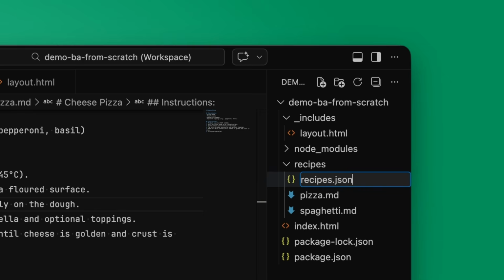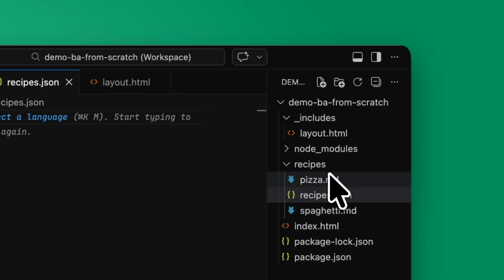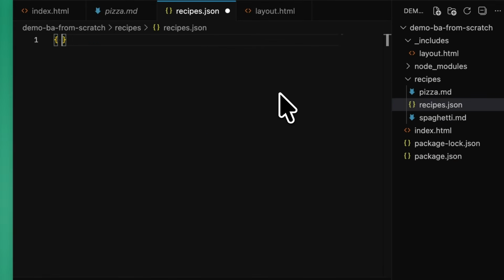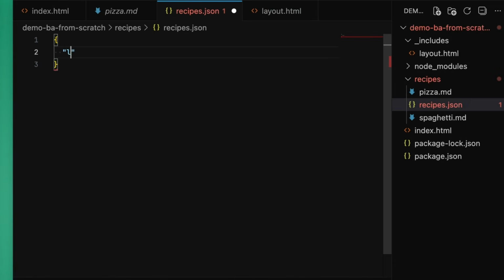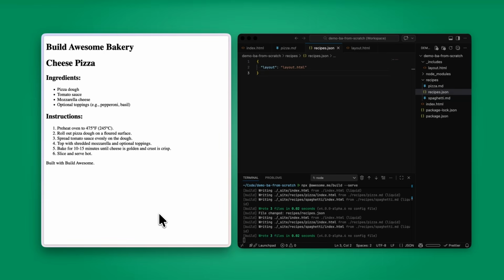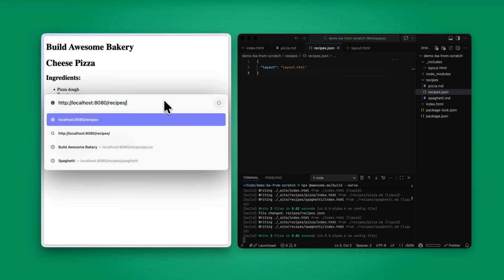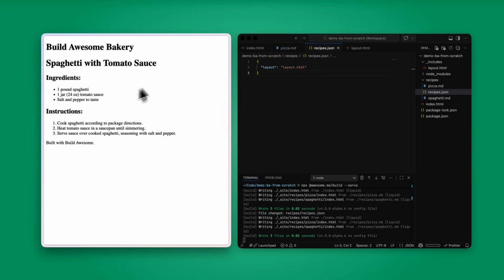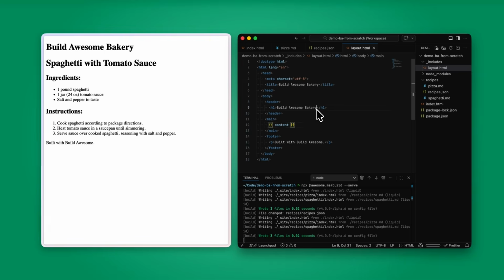Now this file name is important because it needs to match the folder name that it lives in, and any data that we set inside of this file will then be propagated to all of our content files inside of the recipes folder. So if we go in here and we set layout.layout.html, you can see that that change is now reflected in our website on the left. So both of our pizza and spaghetti files are now wrapped within our layout file. So any changes that we now make here will be propagated to all of the files that are using this layout,